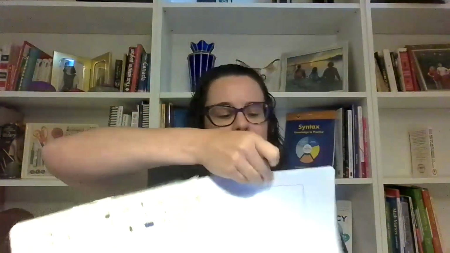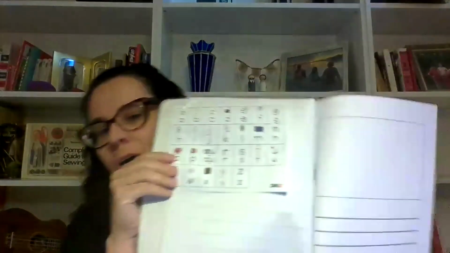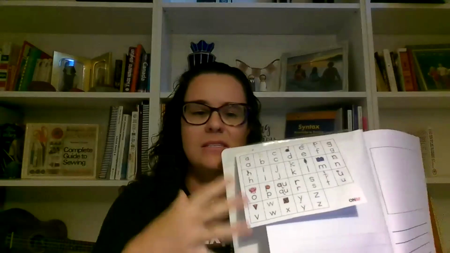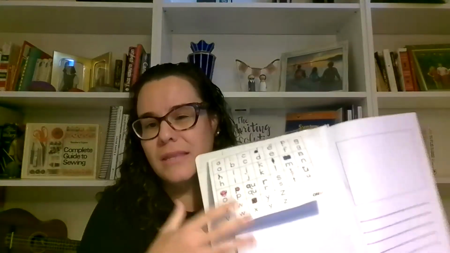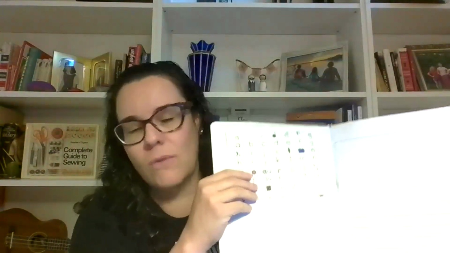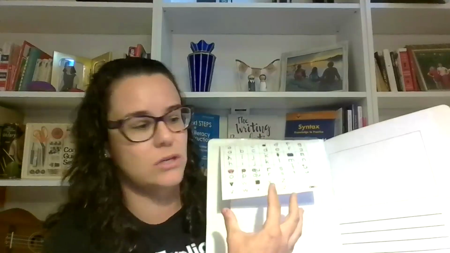And if they need to change their page, they can just flip it over top so that it's always there. Again, this is not necessarily required for all students, but for the students who do need that extra support, this brings up the independence level so high. They are able to do a lot themselves because we refer to these, and these visual cues help them figure out what letters, and then the independent writing skyrockets.